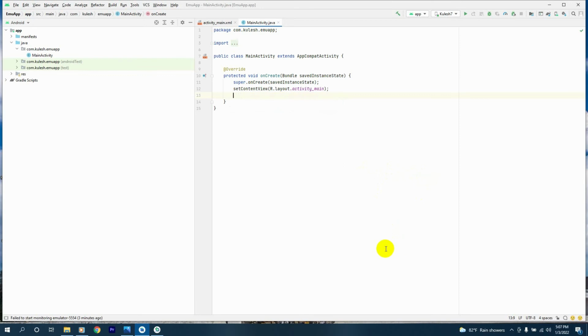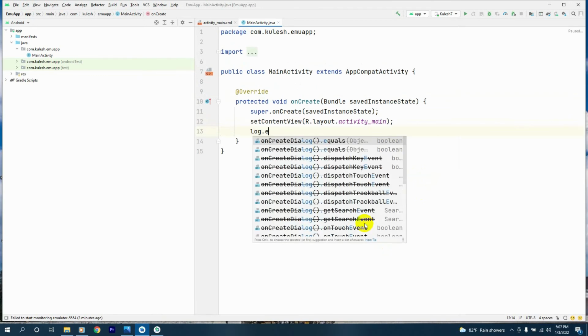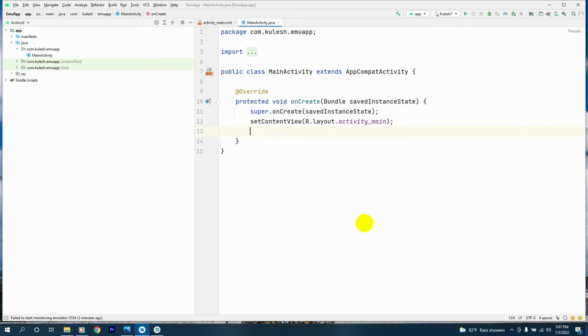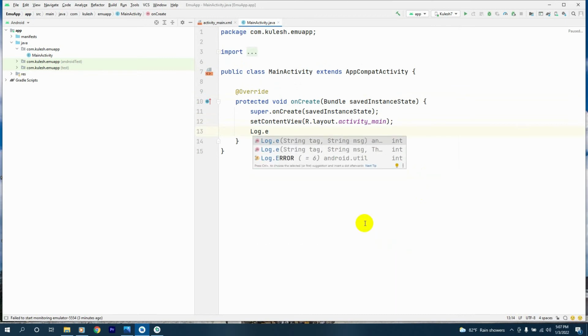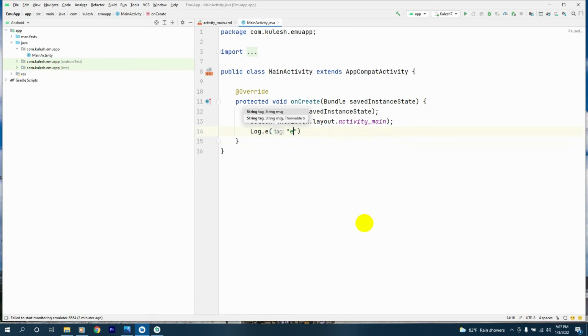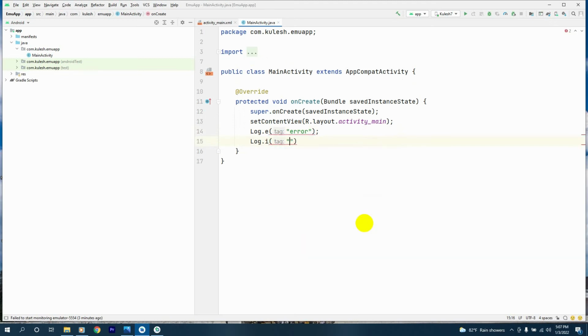We can say Log.e for error messages, and we can provide an error here like this. And if we want, we can have Log.i for information,